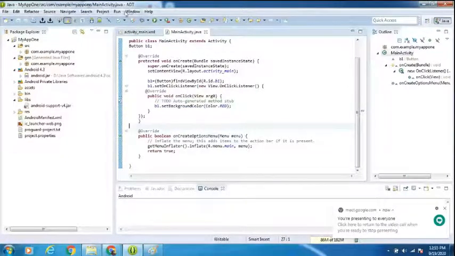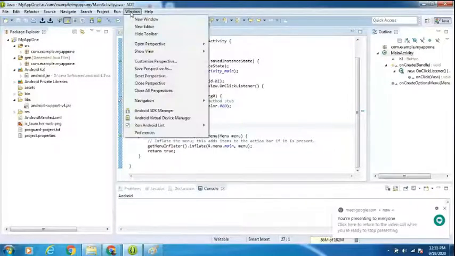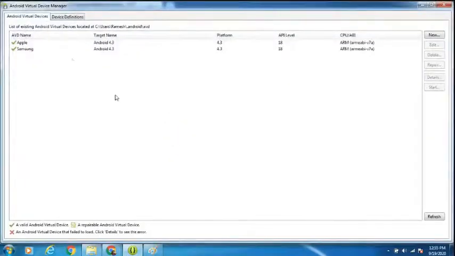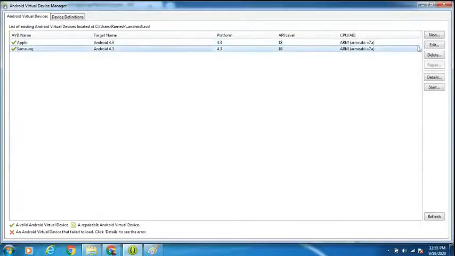Then go for the Window menu and click on Android Virtual Device Manager. This Android Virtual Device Manager acts like our mobile device, providing a virtual environment of an Android device, hence it is called virtual. If you want to take some other device, go for New and take it, no problem. If your phone is Oppo or something, you can take it. I'll also explain that in the next sessions.